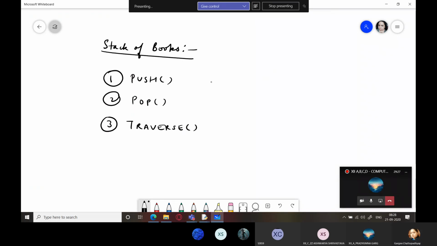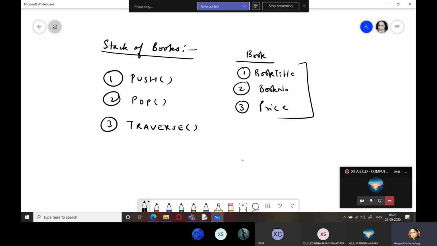Here books will contain the following data: book title, which is the name of the book, book number, and price. 3 things.